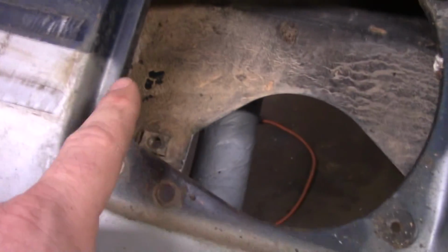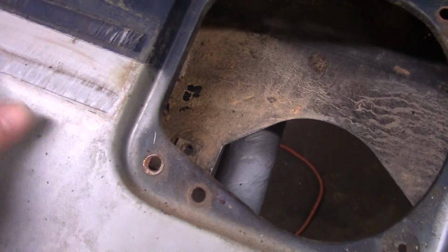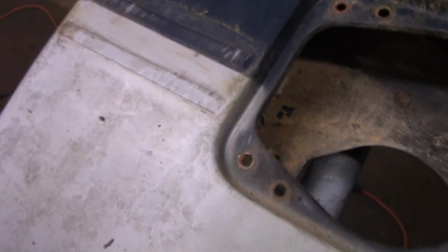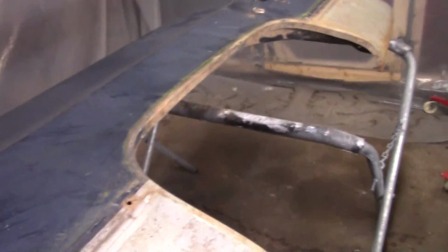But this back side will be real easy to tape up for that gray. Here's another hole right here. Alright, so there's no place really to tell here where that line should be, so I've got to measure that before we sand it. So anyway, guys, got to get this off. That's done got hard, so I'll probably just cut it off. And next time we'll give it a bath and